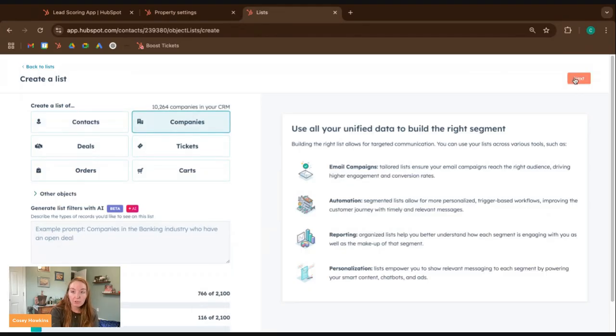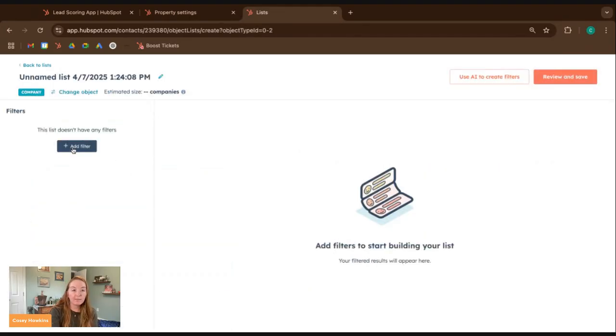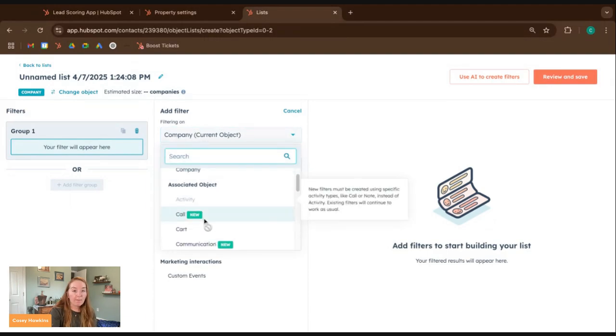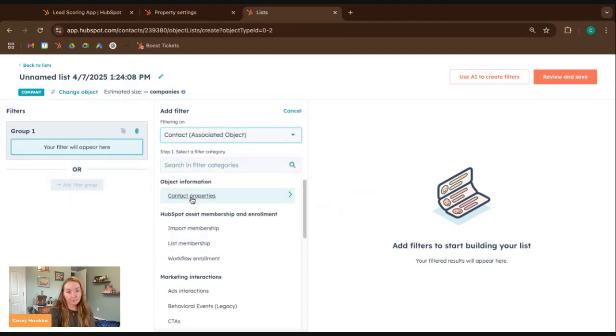So I'm doing a company score right now, and I only want to give a score if there is